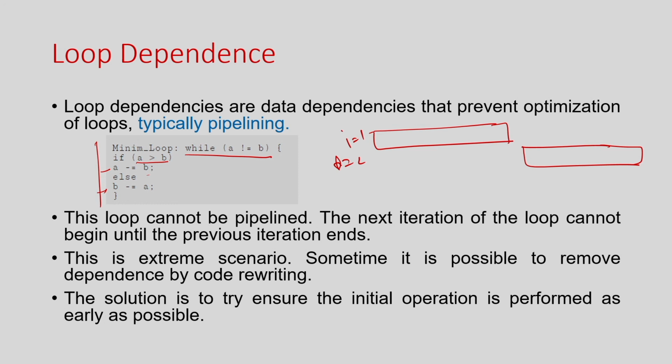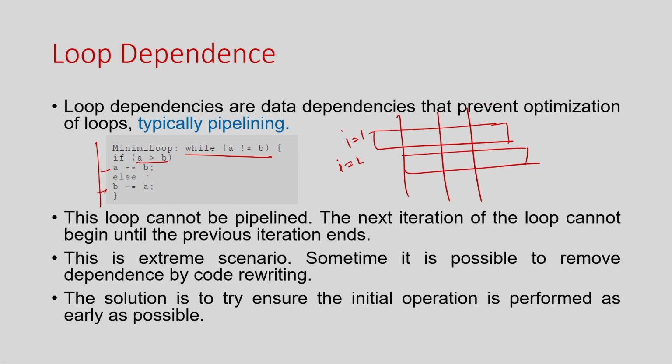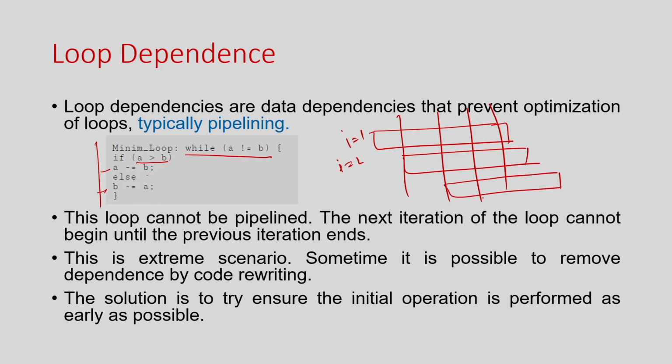So, this is the non-pipelined version of the loop implementation, but in the pipelined mode, what do I want to do? I want to start these things early. Say these are the clocks, this is clock 1 and so on. I want to start the next iteration immediately after the first clock. That means multiple iterations are going to run in parallel, at the same time, but on different sets of data. So, that is good for the ideal case.